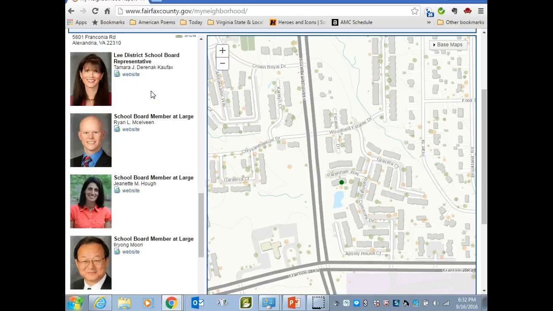So your parents are actually represented by 4 people on the school board, which has 12 people, plus an unelected student representative. Usually there's 1 high school student from some high school in the county that actually sits on the board, but they don't get to vote. And I'm not actually sure how that person is selected. I know that last year I think there was an individual from Langley who was the student representative